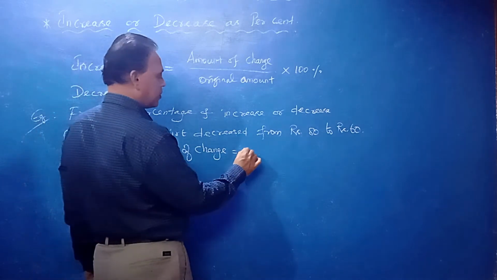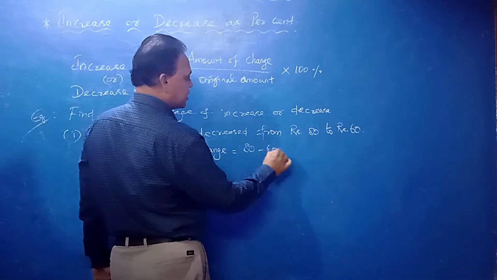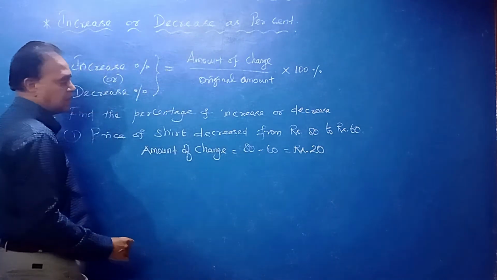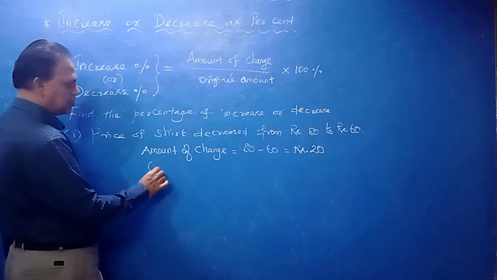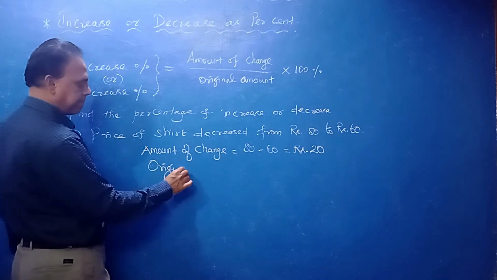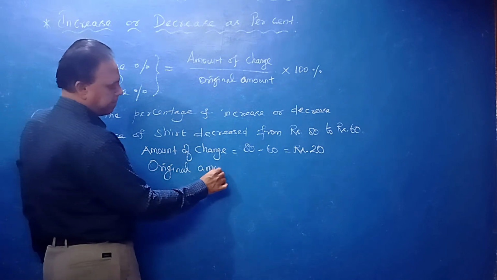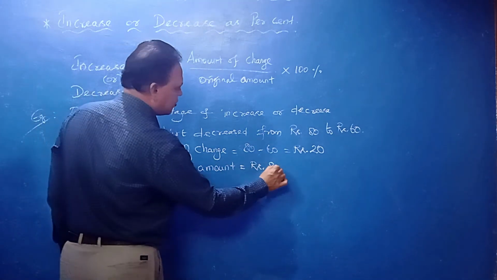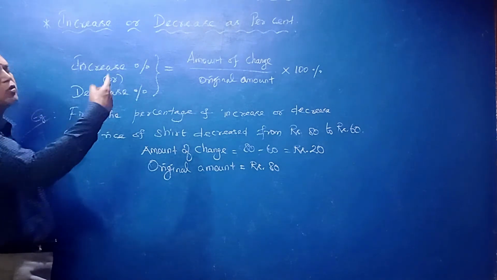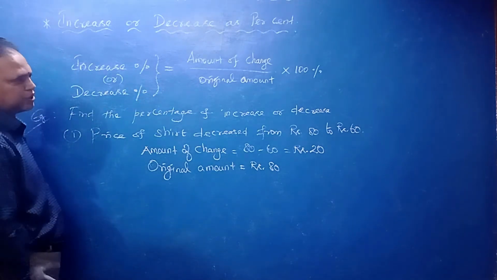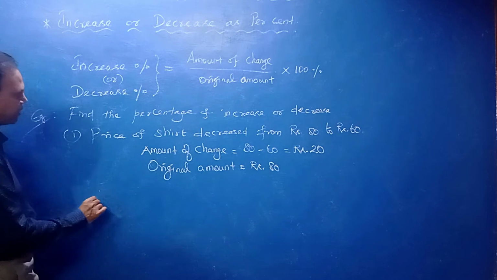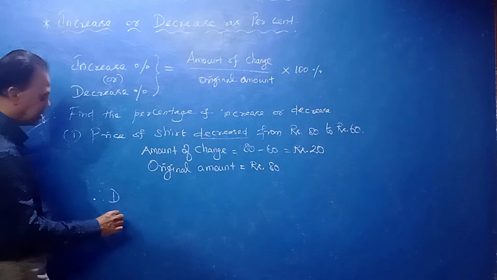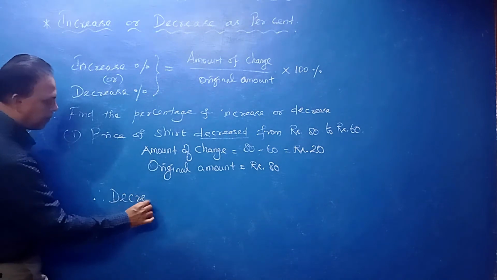Is equal to 80 minus 60. That is rupees 20. Okay. Next, original amount, rupees 80. Original amount is rupees 80, changing amount 60. Clear? Therefore, decrease percent. Here it is a decrease, which means you have to find out the decrease percent. Okay, decrease percent equal to